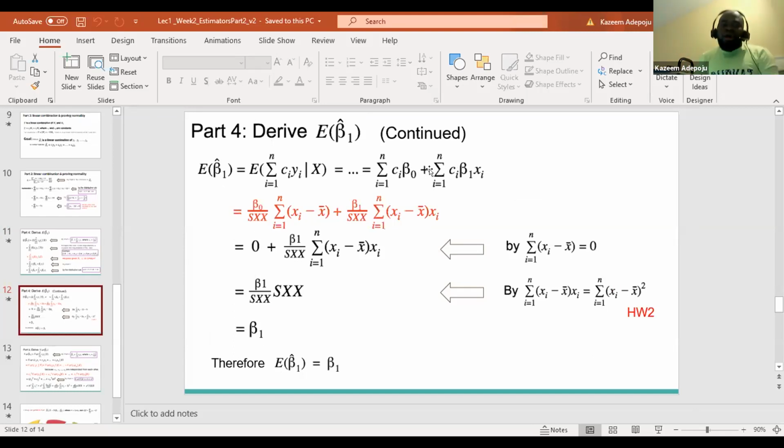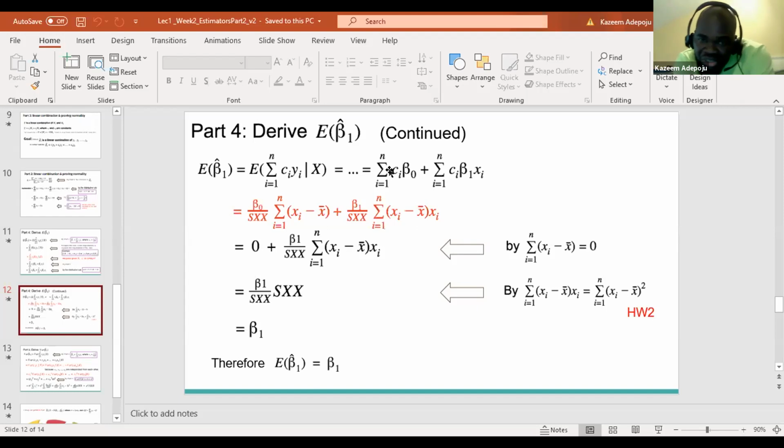Okay, the next thing we can do is find an expression for beta naught, I mean, for the summation of Ci. Look at it. This is beta naught here, and beta naught is a constant. I'm going to bring it outside here. If this is a beta naught, then what I'm trying to tell you is that the summation